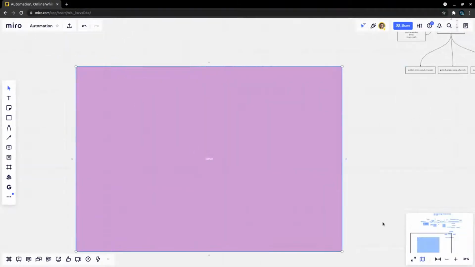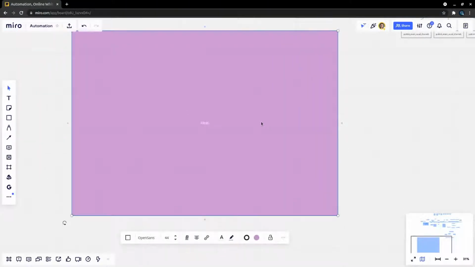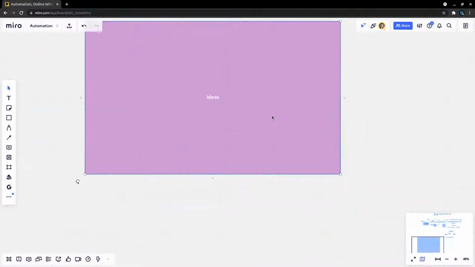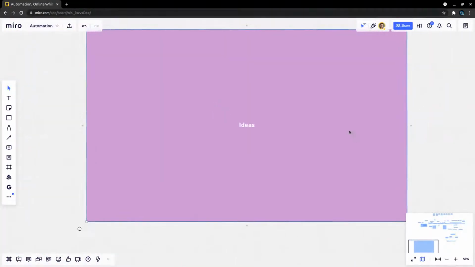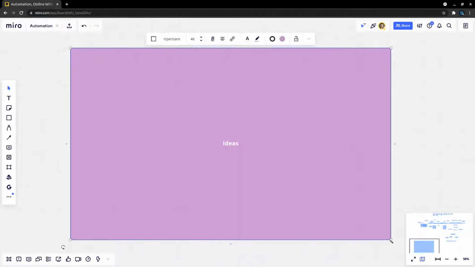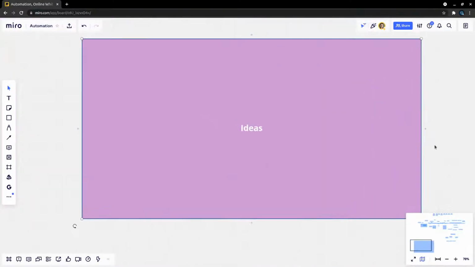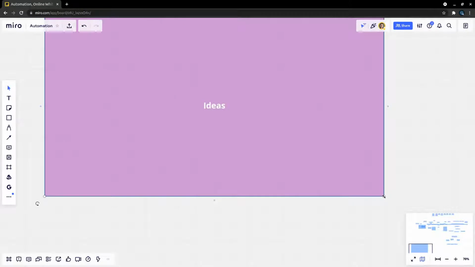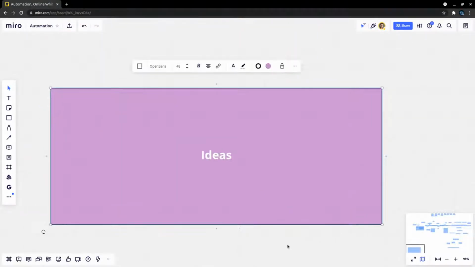And I'll make this like a really big area. Bold it, make it a little bit bigger. Oh, hang on. Zoom in more. It's probably a better idea. This is a mistake I always make. I always end up zooming out too far and then I lose perspective when I'm doing whiteboarding stuff.